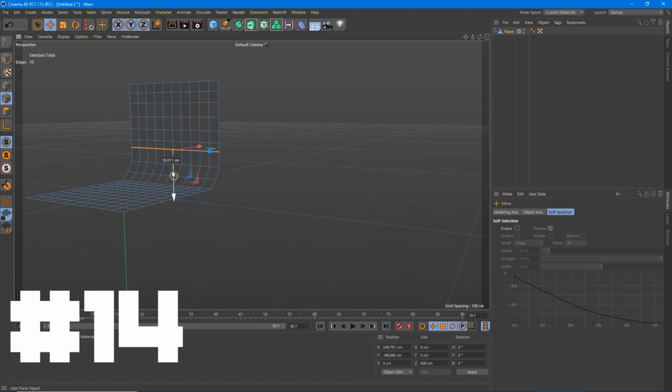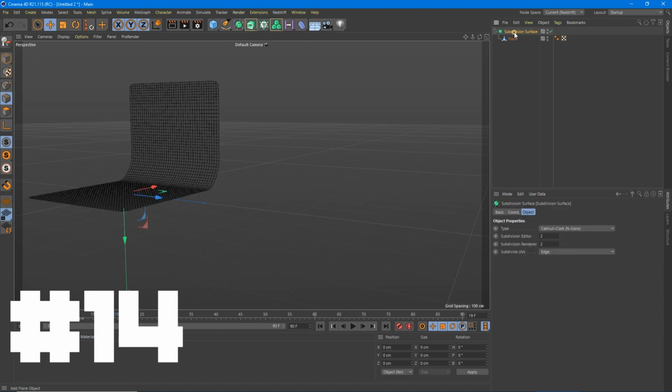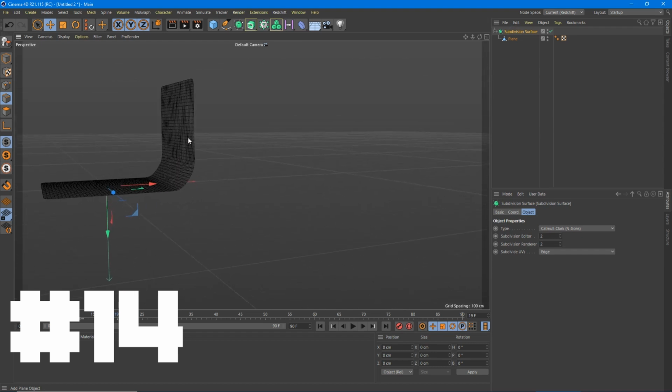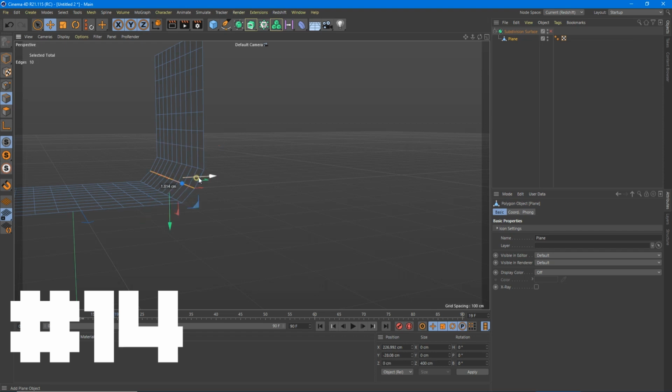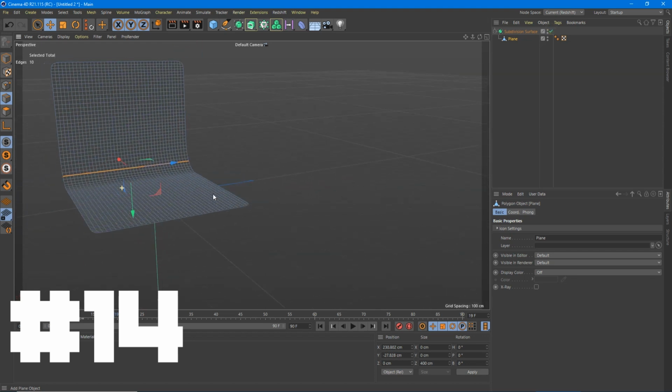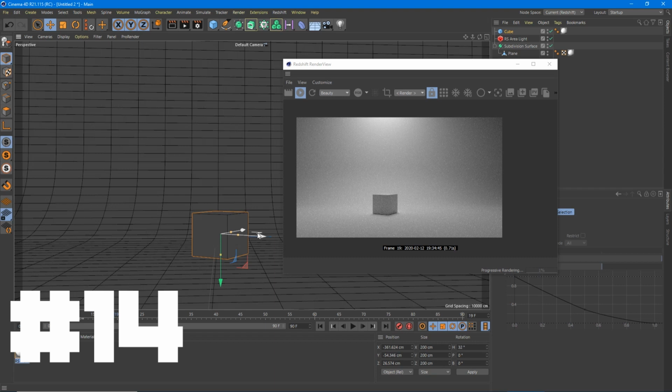This looks a little short. Try to space them out. There we go. So now when we throw this inside of a subdivision surface, we have this nice, smooth angle here. And if you want to get back into it, you can turn this off. And take your plane and try to get this angle just a little bit. There we go. Like that. So you can adjust it. Get your angle back. Now you've got a nice, smooth cyc. So you can see that that provides a nice infinite floor look and a nice studio cyc wall.